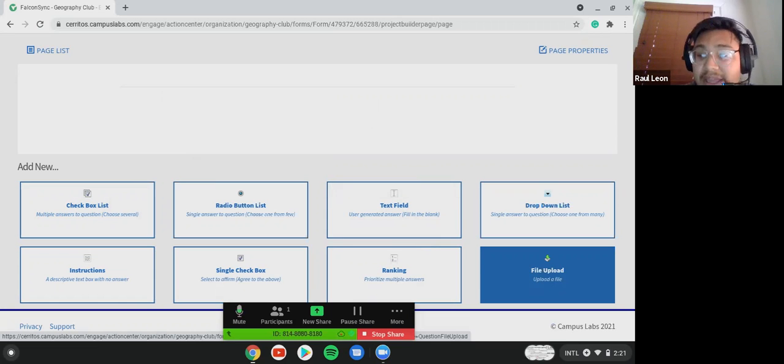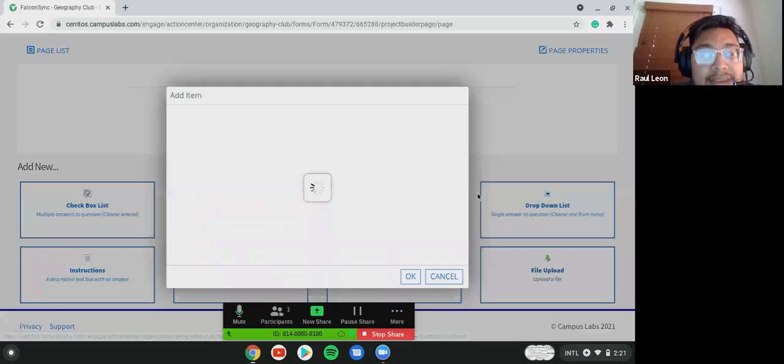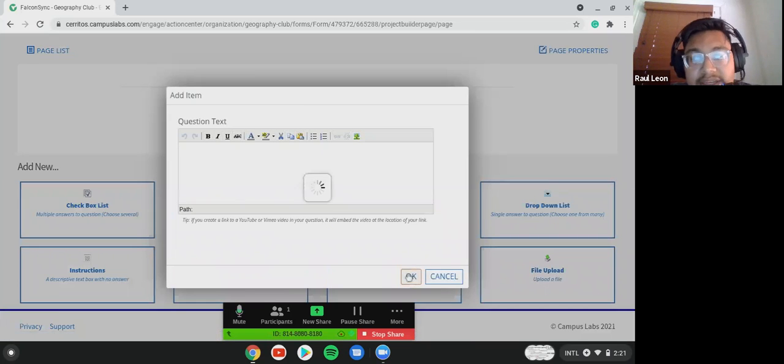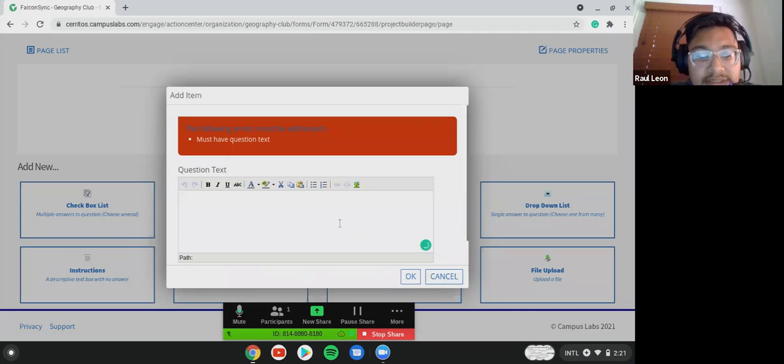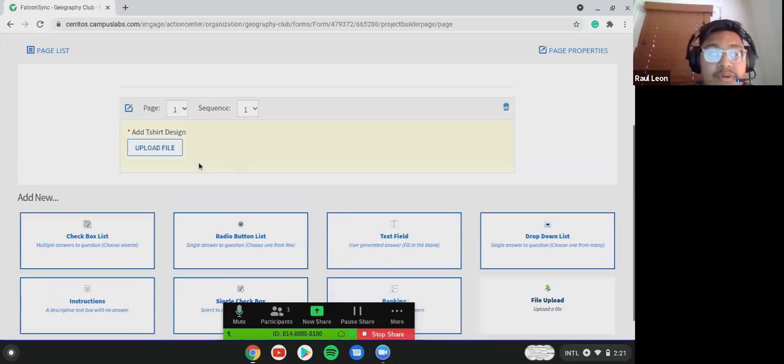We can make a form for that, and you can upload your design by clicking and then adding this to the form. So let's add t-shirt design, and you can add that, and then you can upload your t-shirt design on there.